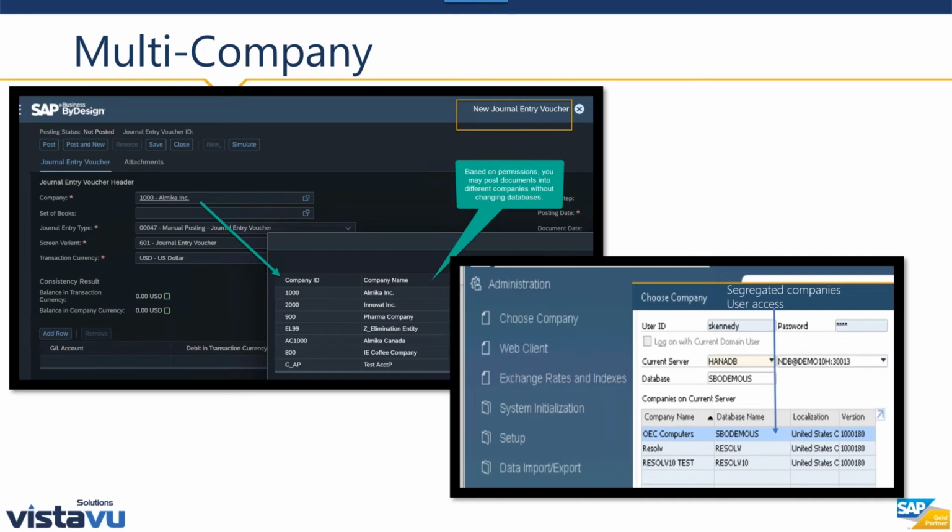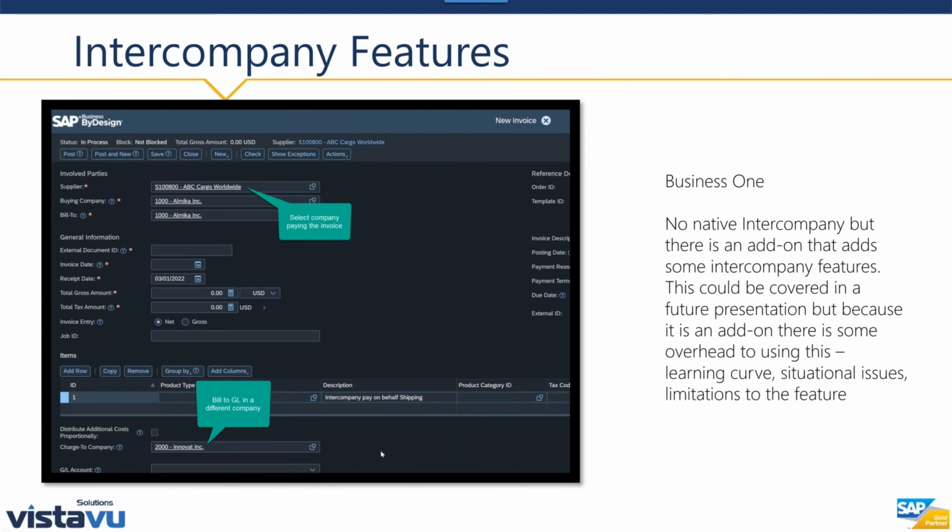And then, like Shannon said, if your companies are very discrete in nature, they have separate data sets, you might find it easier, and just instinctually, the companies will operate separately, so you won't have issues with permissions, people in one company seeing data in another company, although that can be controlled to some degree in ByDesign through security rules. It is a consideration that they would see, for example, all the shared suppliers and things like that. So with that, let's move on and talk a little bit about the benefits when you are sharing data and